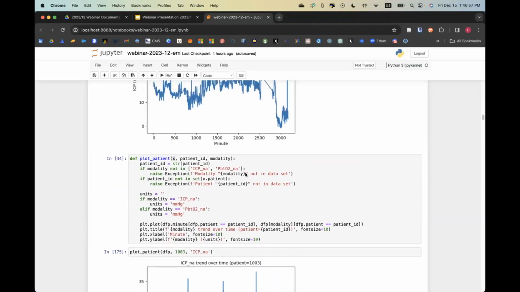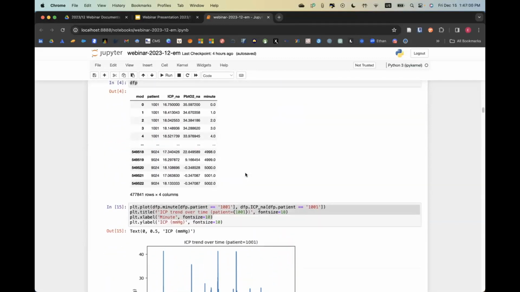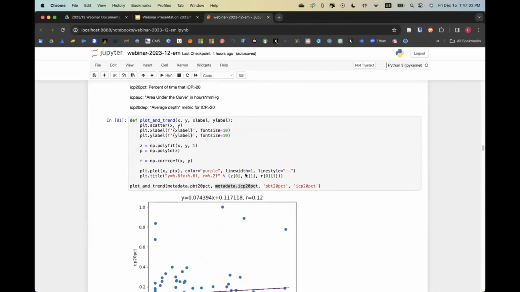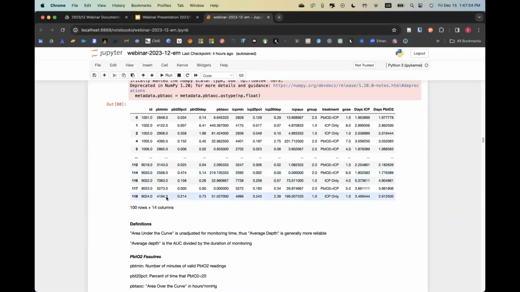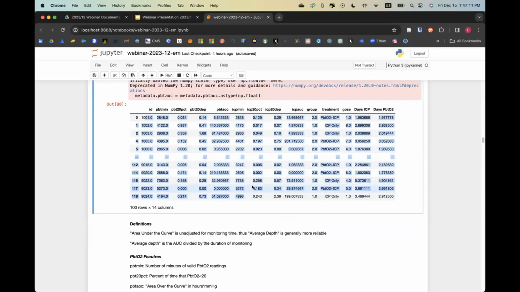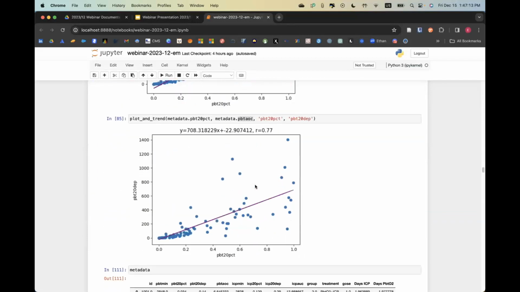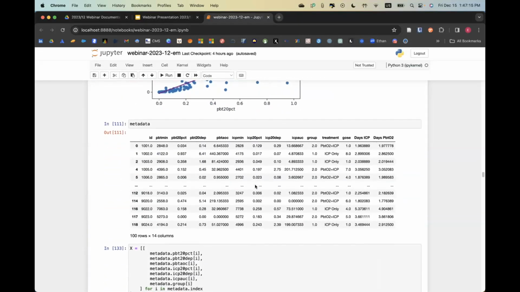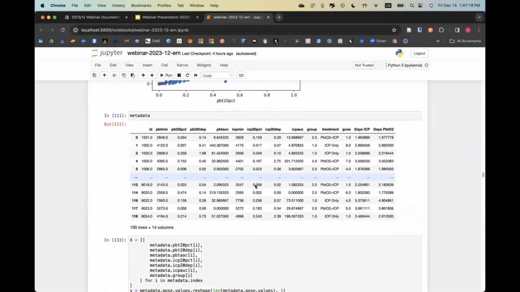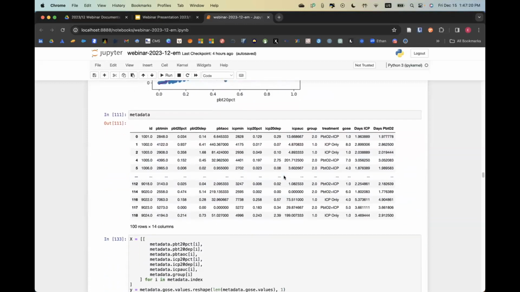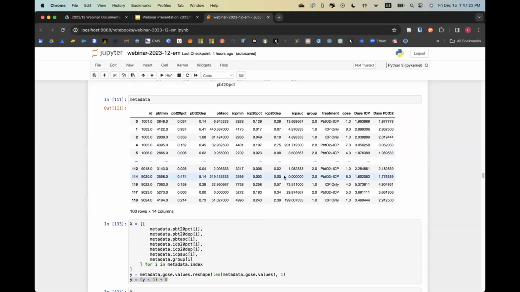How many patients? I believe that after I removed null values, there were 100 patients that I used in this data set. I think I split the training and test set 80-20, so 80 patients to train and 20 patients to test. I also like having a validation set. Usually I would do 70 for training, 15 for testing, and 15 for validation.